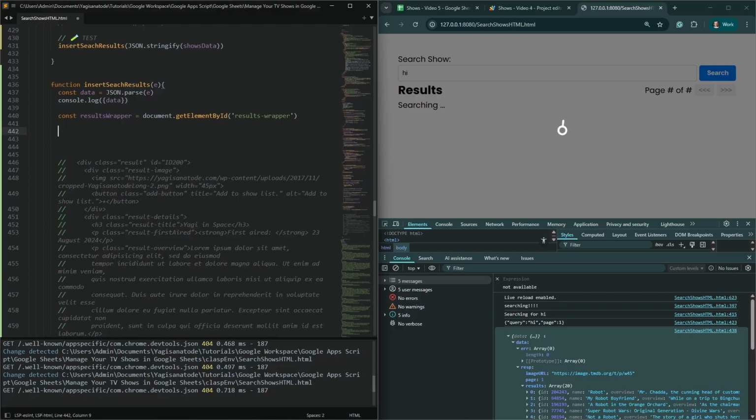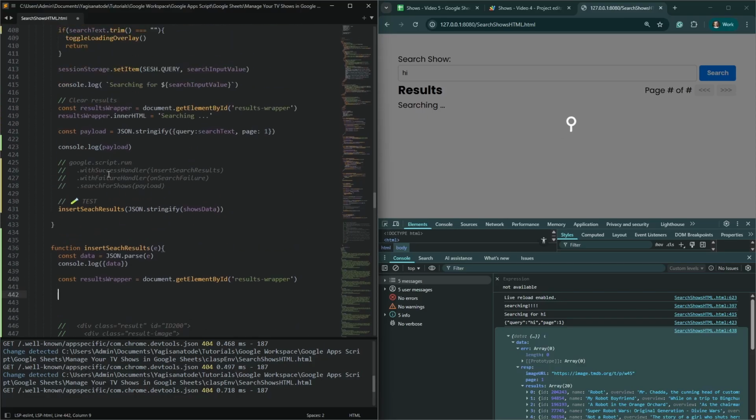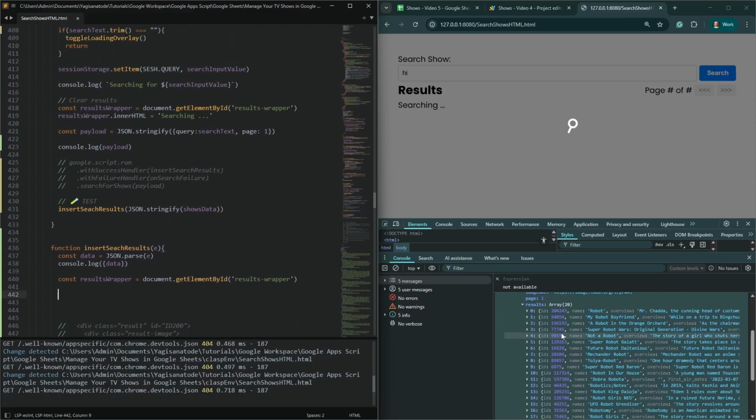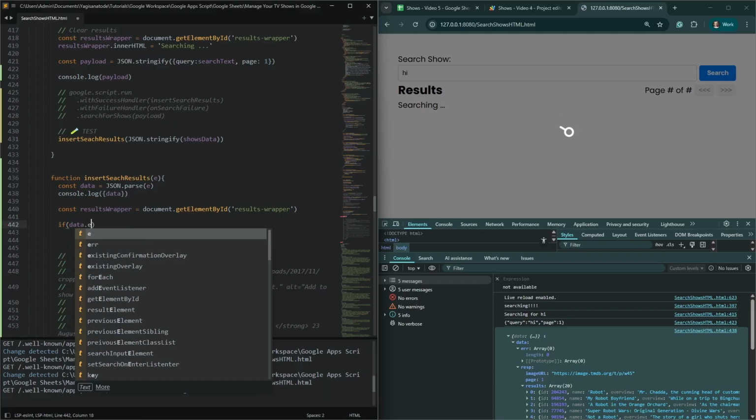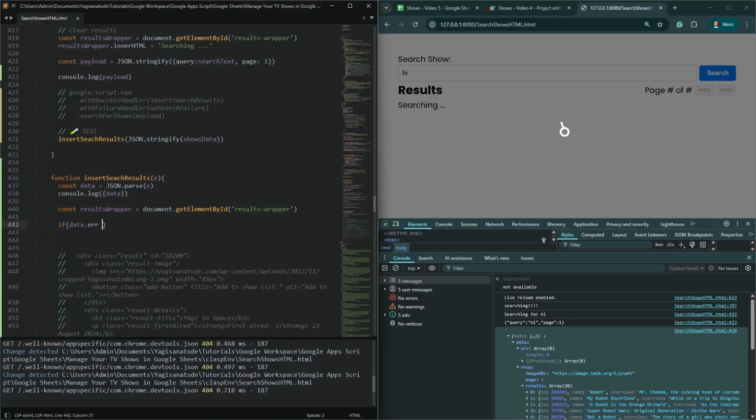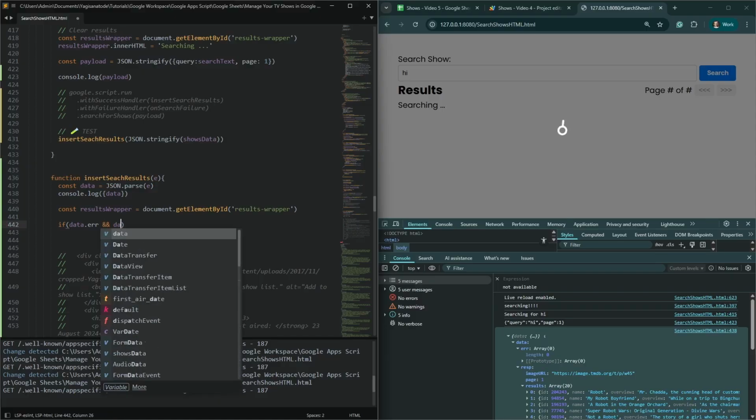There we go. Okay, so if it's back an error, you can see here in our logs we do have an error array, so we want to check to see if there's an error that came up from here that didn't throw an actual coding error. It was something that came back in the API that was an error, so we need to display that first above all else. So we will say if, and we need to get the data, so data.error it looks like here. So if we go data.error, and so if it exists, and